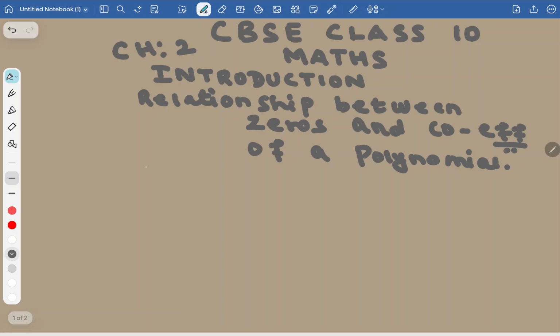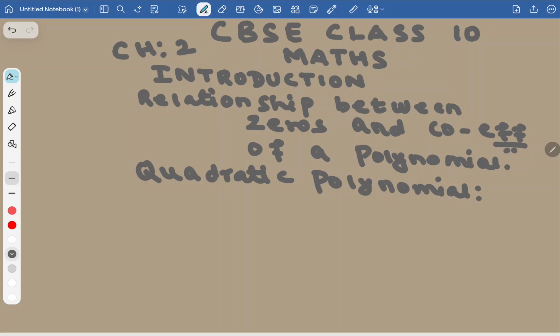I am going to discuss the most important polynomial, which is a quadratic polynomial. Quadratic polynomial is of the form ax square plus bx plus c. Here a, b, c are constants. Coefficient of x square is a, coefficient of x is b, constant term is c. The relation is